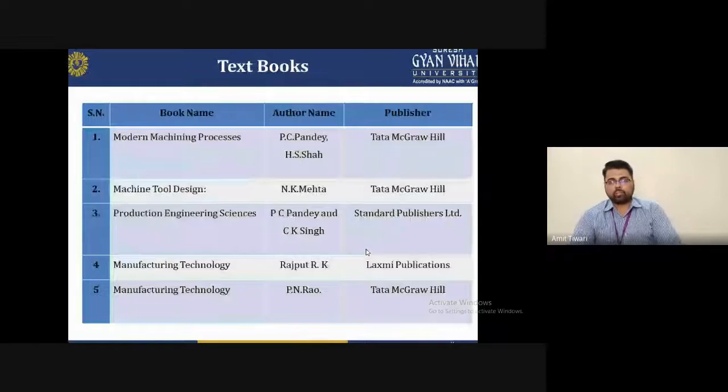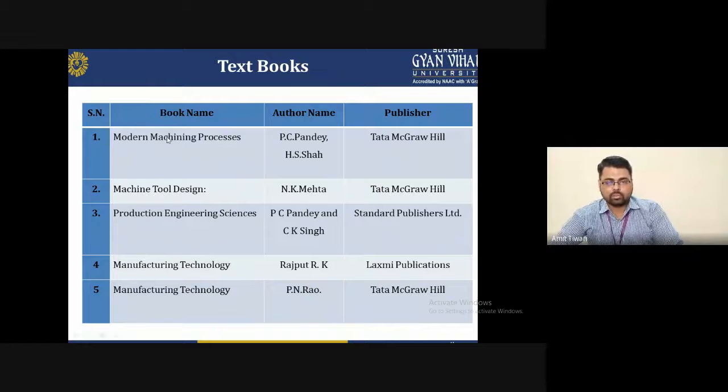At the end of the lecture, I suggest some textbooks for knowledge of machine science and machine tool subjects. Prepare from these books to understand tool geometry, chip breakers, continuous chip formation, and how we can achieve good machinability. These are some standard books.